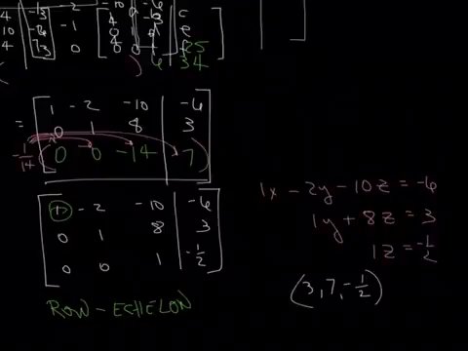For any two successive non-zero rows, the leading 1 in the lower row is further to the right than the leading 1 in the other one. See, this row here is further to the right than this. This row is further to the right. All of the rows consisting entirely of zeros